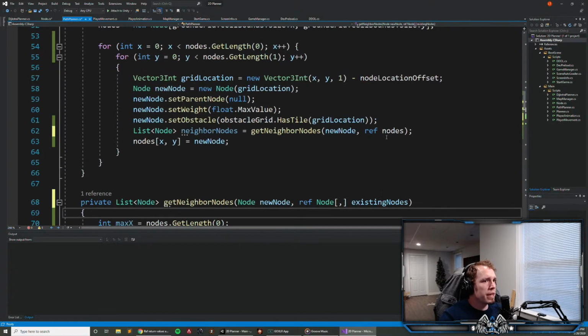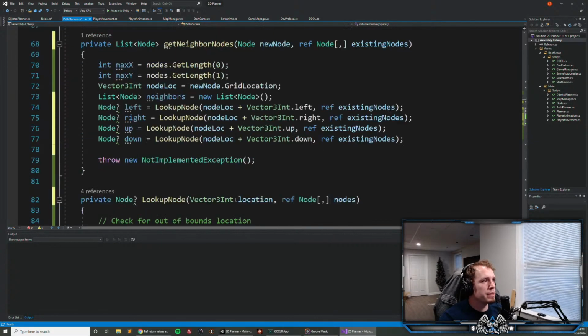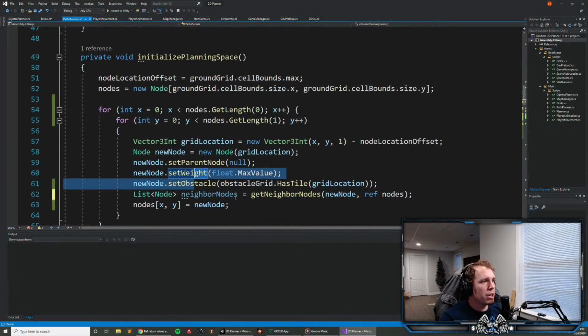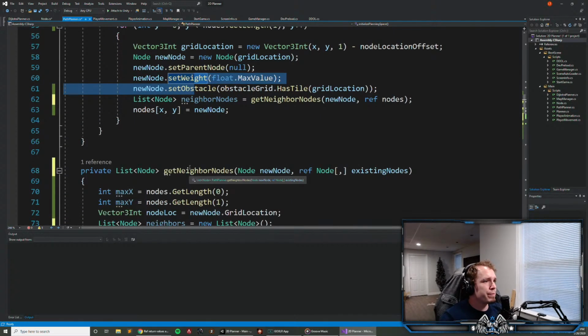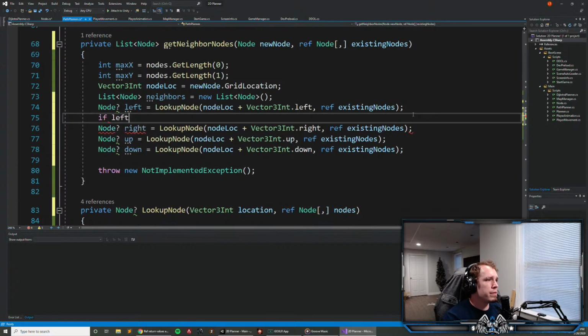So one little caveat here, I don't think I can do this in this loop. I think I have to build all the nodes, then go back through the nodes and add the neighbors, because for example, for the very first node that I create, there won't be neighbors to even look up, so it's going to blow up. So I have to wait for them to all be created and then populate the neighbors. So if left